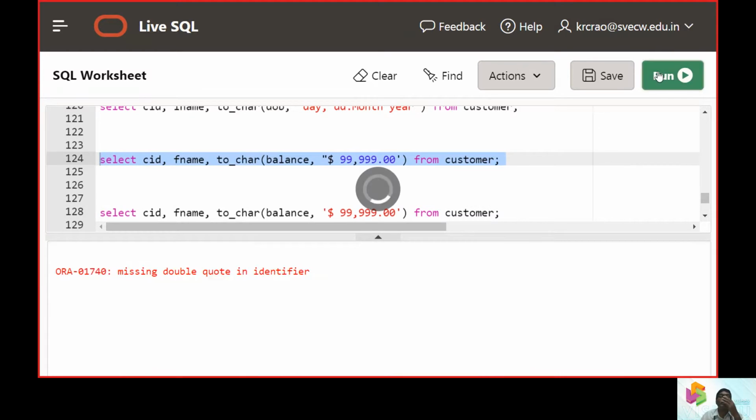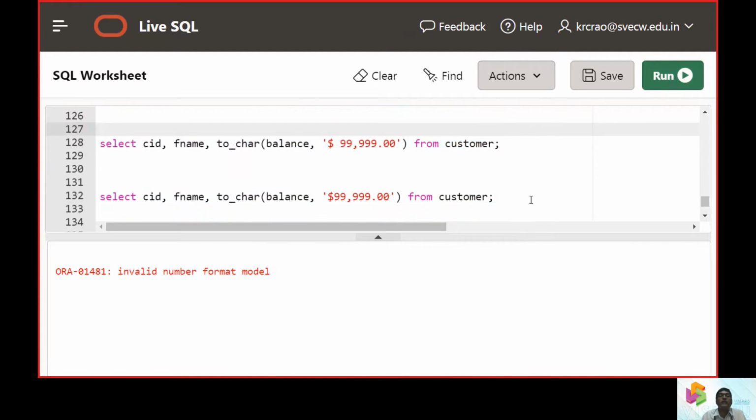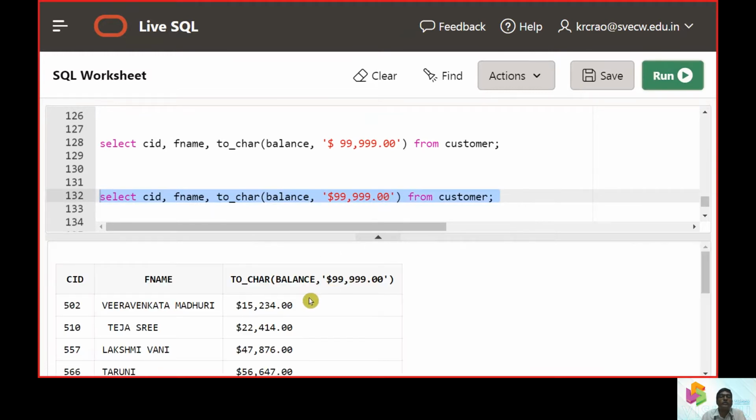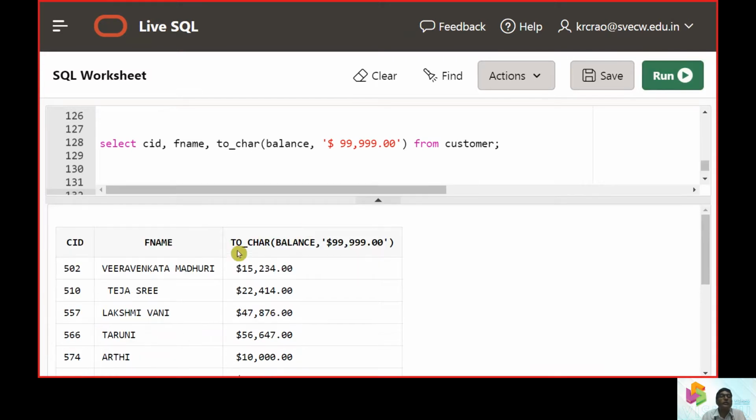So when we hit this button, invalid format is occurring, so there is no space again at this point. You can see here, space is not accepted, it is another takeaway.